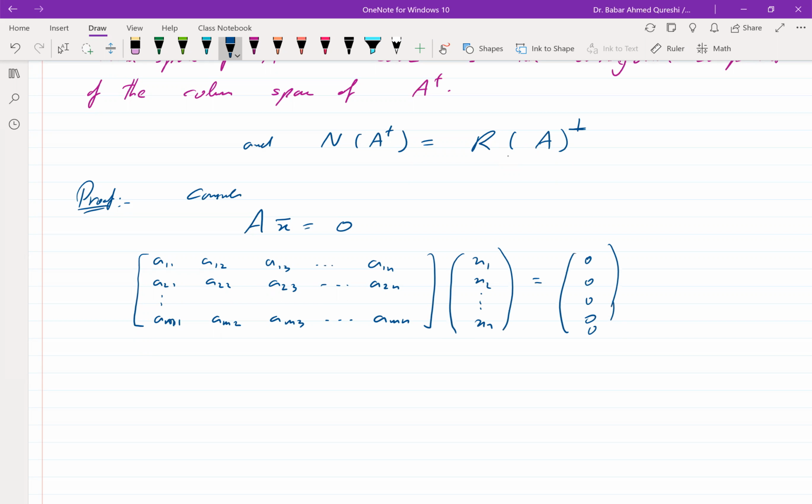So one way to write it is these combinations: x1 a11 plus x2 a12. Let me write it on the other side, X is on the other side. This is just the matrix multiplication. This is 0, and the next row is also 0. All these rows are 0. The ith row will give me